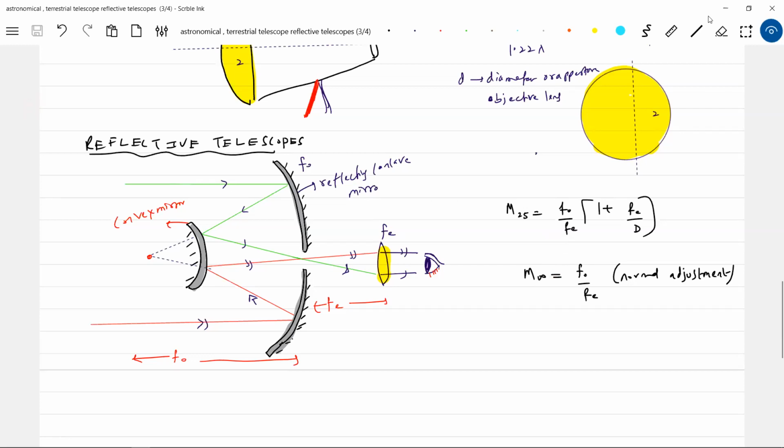Okay, let me go for the damped oscillation. I will give a separator because even for recording also it will